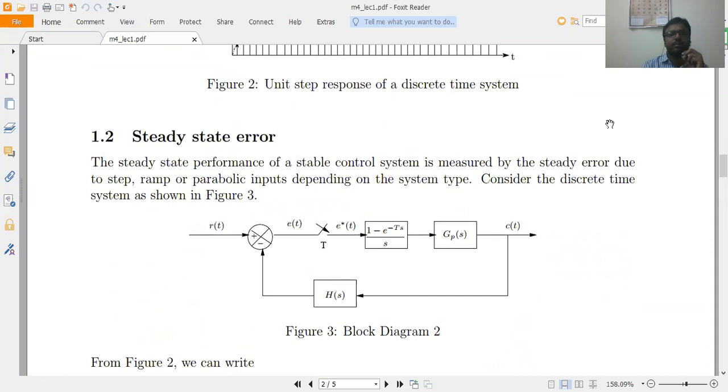Okay. So, as I have discussed in the previous class, this steady state response corresponds to the input function. The steady state response is going to be calculated through the poles of the input function.